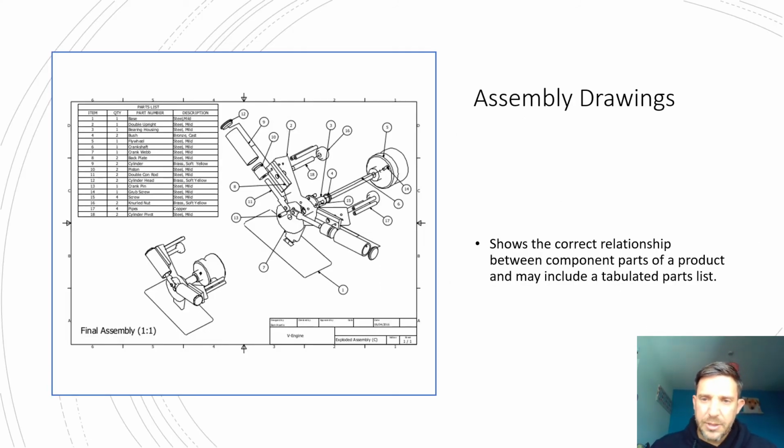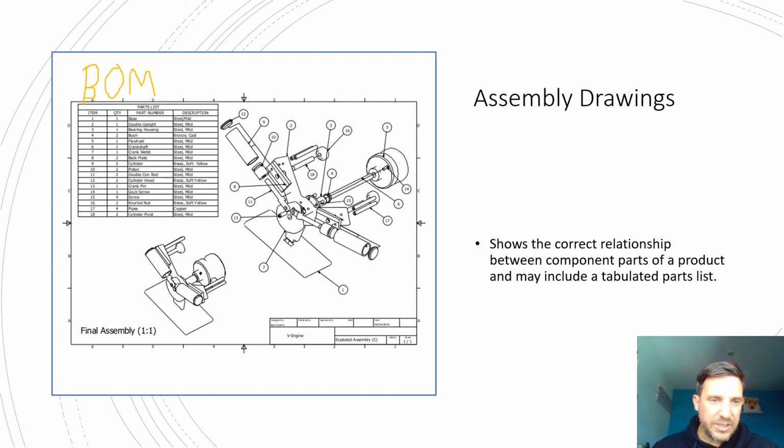The third type of drawing that we're going to look at briefly is an assembly drawing. An assembly drawing will show all of the parts on the drawing, and it will often show how all of those parts go together. You will also have this here, which is called a BOM. I'm just going to write that up here,